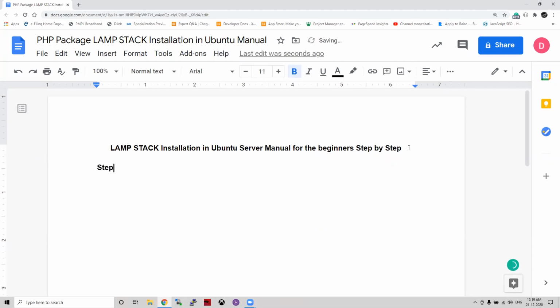Step one will be that you need to have a server. That is the prerequisite. The server can be a VPS server or any hosting server, provided you have the privileges to install applications. That should be the main thing you need. Here we are going to use a VPS RAM server, because I have VPS RAM server hosting.